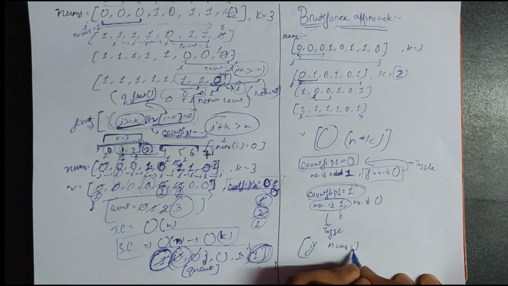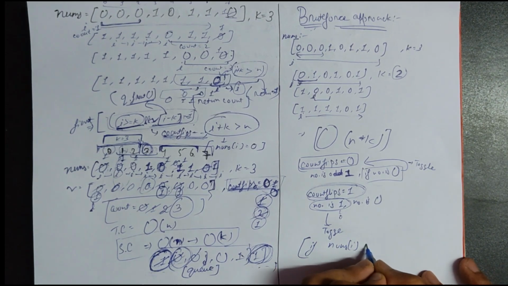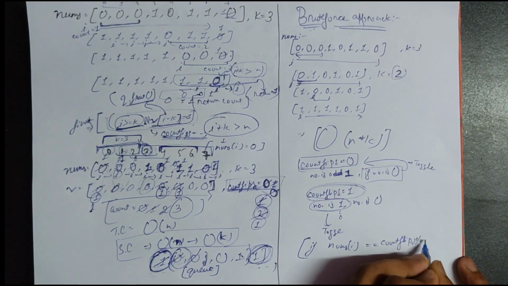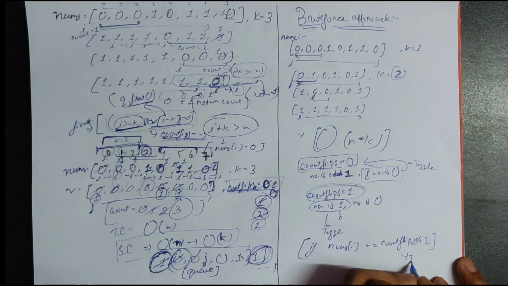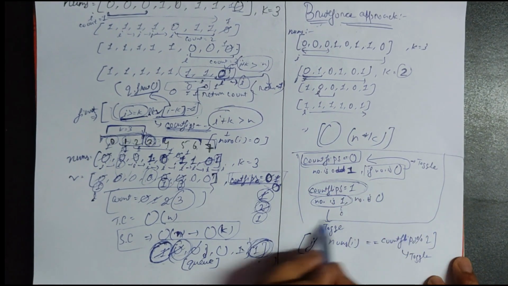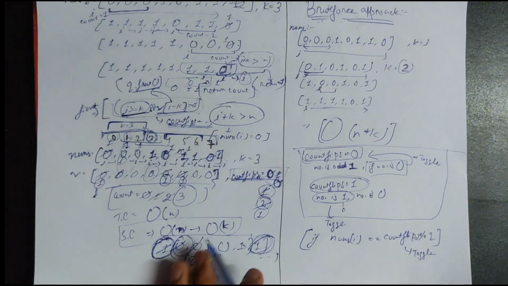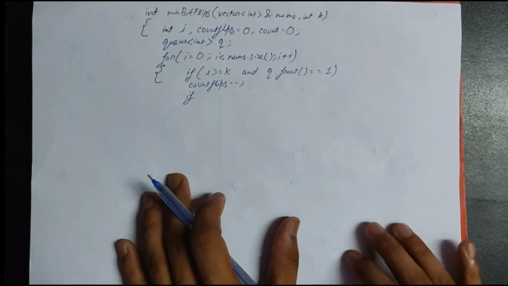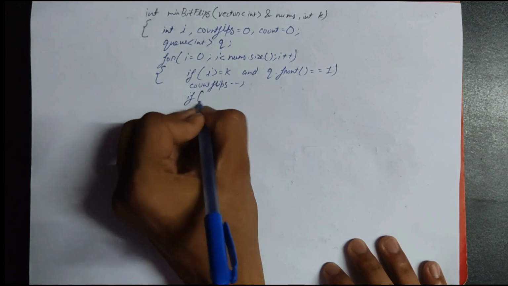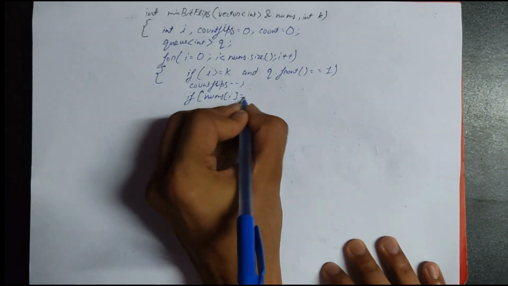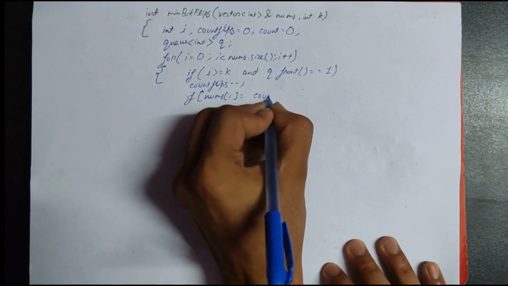If nums of I, the current value, which is 1 or 0, is same as the modulus of count flips, then we have to toggle. Okay, simply we derived from this part. So this is the formula we will use when we have to toggle a value. So what we can write is the same: if nums of I double equals to the modulus of 2 taken with count flips